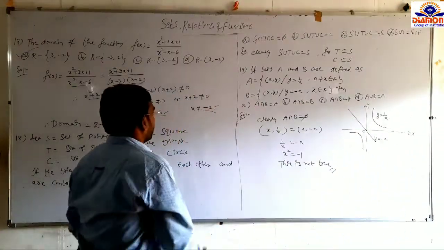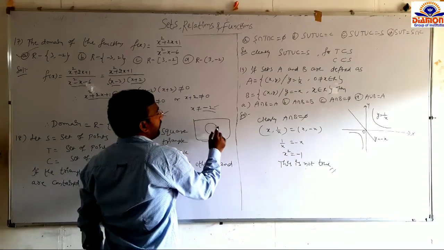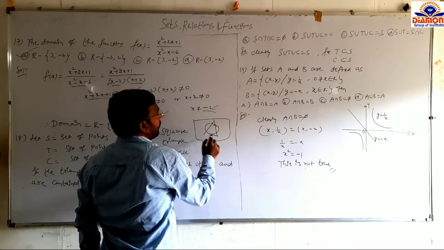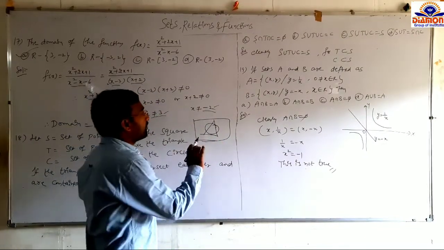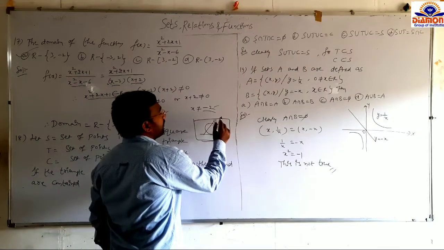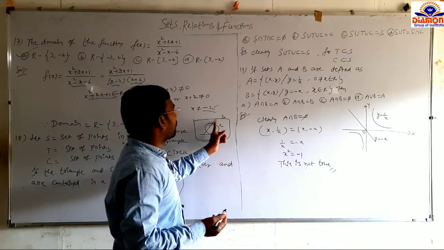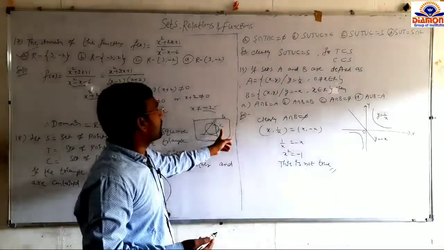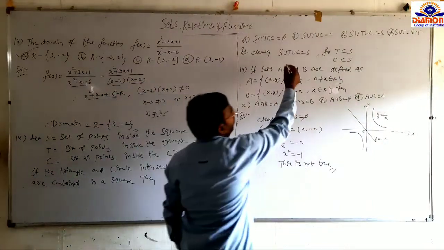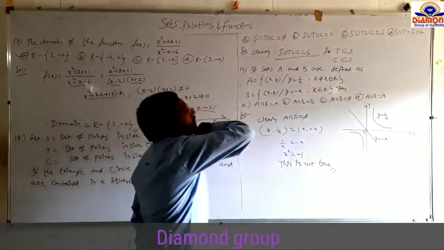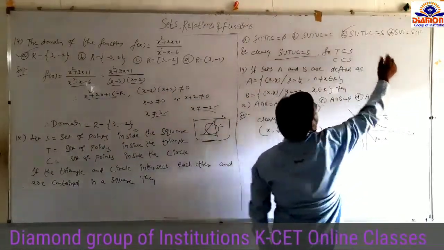So here given in this square, triangle and circle are intersecting. So the circle and triangle are inside the square only. So C, T, S. That's why clearly T is a subset of S, C also a subset of S. That's why union of all is equal to S only. S union T union C equal to S only. That's why option is C.